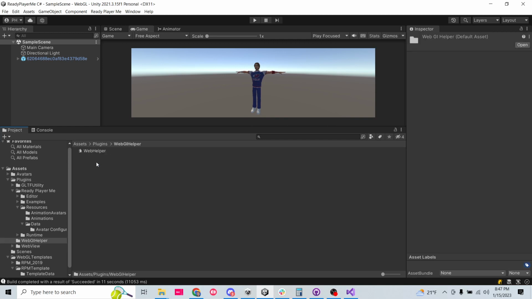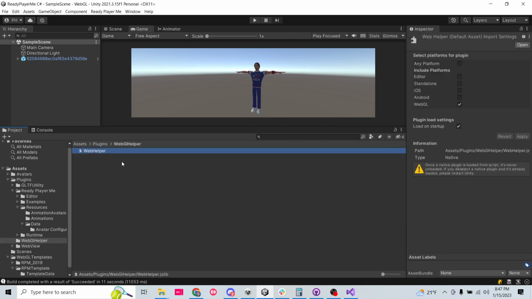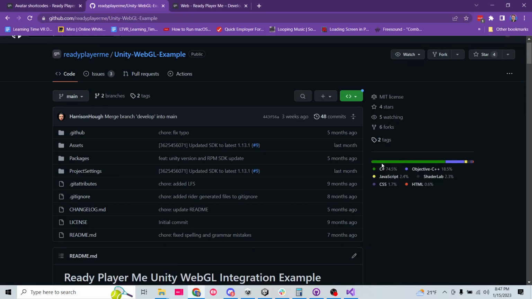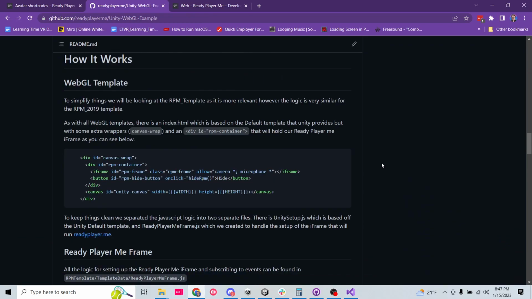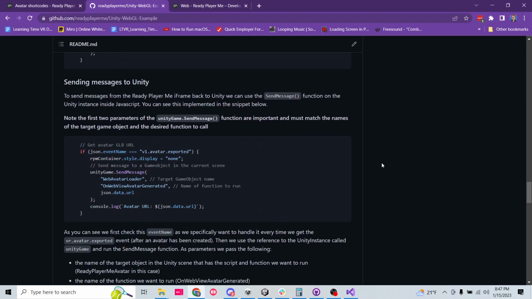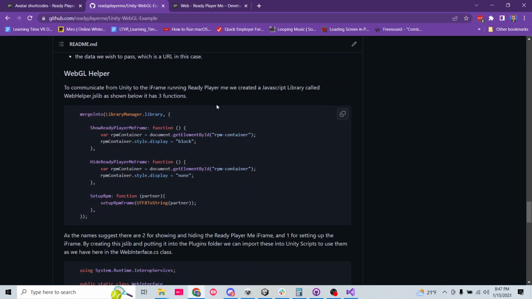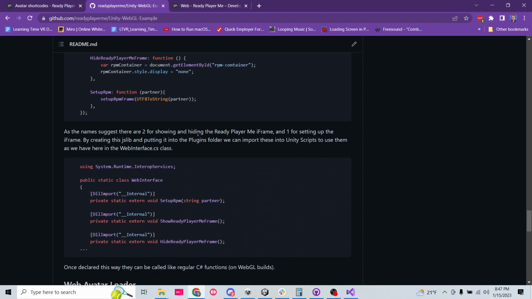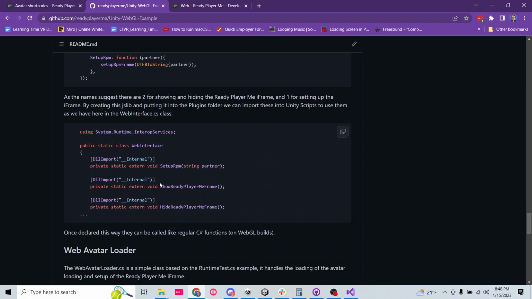Plugins, WebGL helper, and there's the web helper thingamajigger we're looking at. All right, so that's there. And what this does is it lets the browser page, the iframe, communicate with Unity. All right, and this web interface script